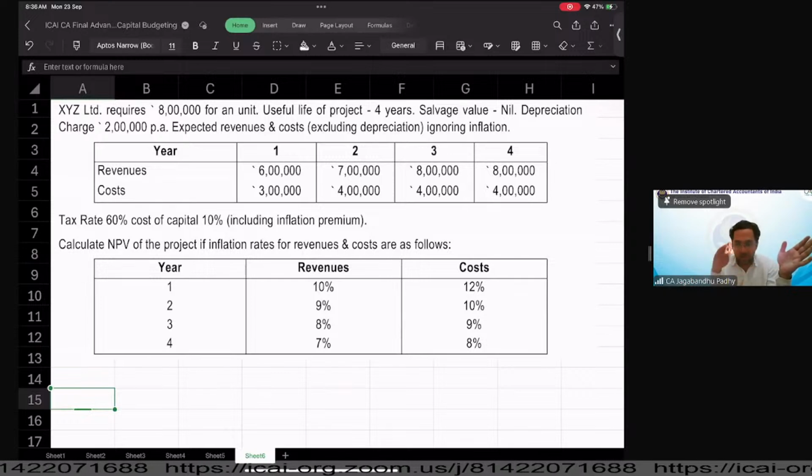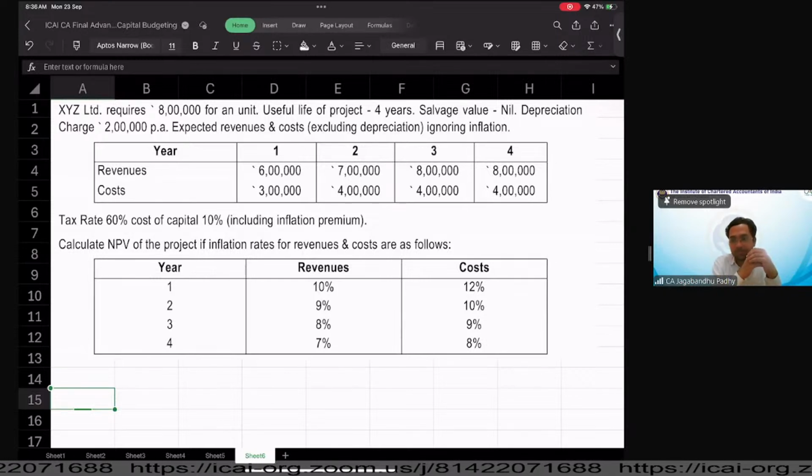So can I say I'll have to translate all my cash flows into nominal cash flows, correct? Am I right, guys? Can I say my nominal cash flows? I mean, all the cash flows have to be computed as nominal cash flows. We cannot use these cash flows for discounting purposes because we are not going to use the real rate of return.